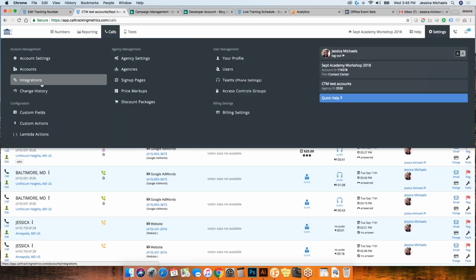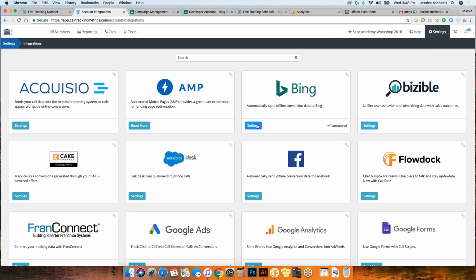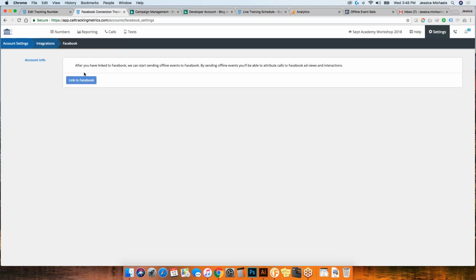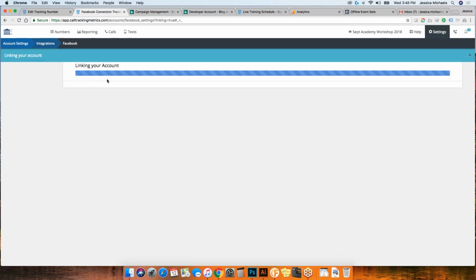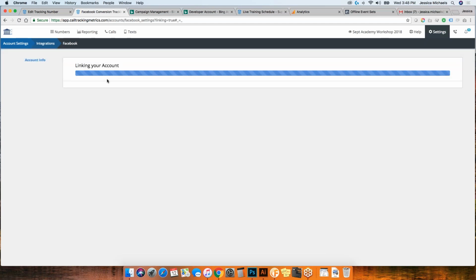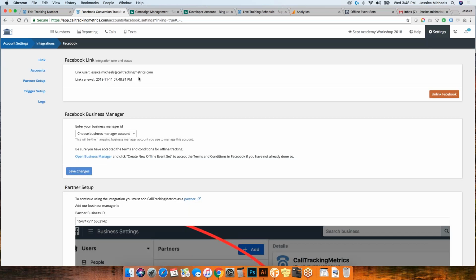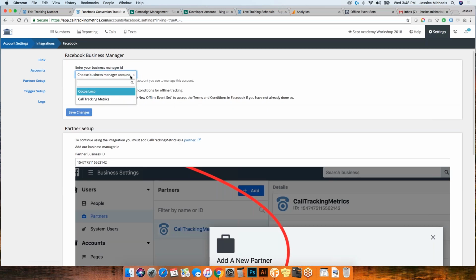Go to Settings, Integrations, and then we'll head over to Facebook. And we're going to tell it to link to Facebook. Here we go, so that's using my user, and then I need to select my account.